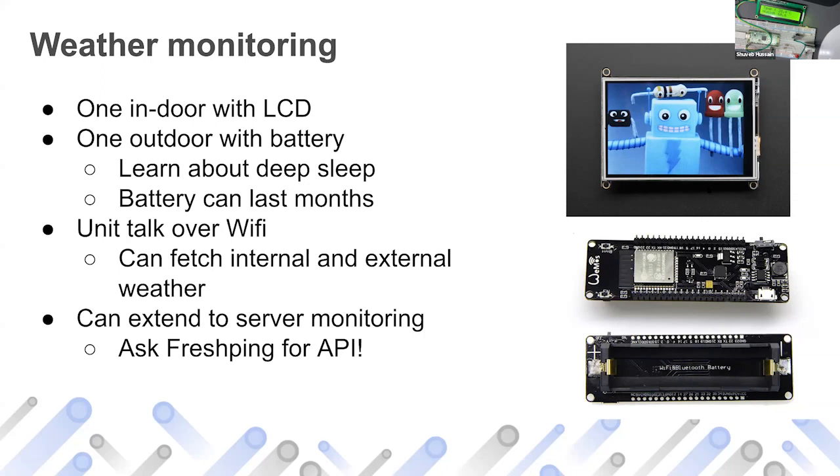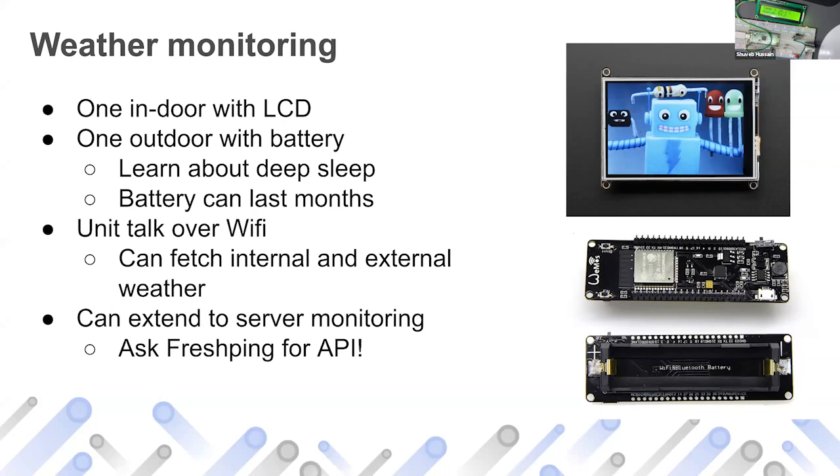For example, let's say you're sitting at home during your weekend, and you want to keep an eye on your service. What is the latency, right? If Freshping gives us an API, you can actually graph it, and you can create some cards. One card will show you one service, then the card changes and another service shows, and so on. So you can do some really, really cool stuff. I actually used to do that years earlier. I used to have a little system called the Chumby sitting there. It was a little different. I wiped out the software and wrote my own software. But this is something that you can really do.